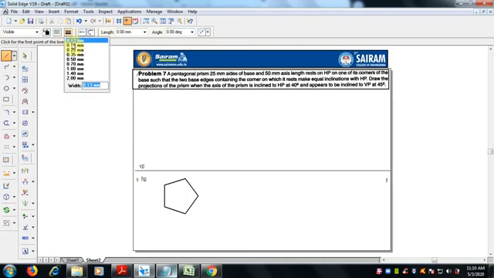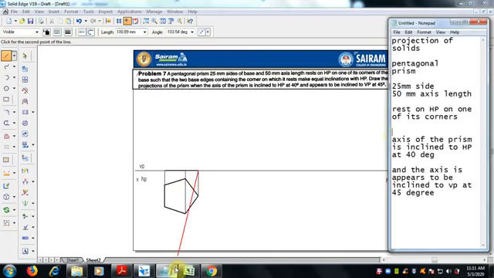Project. Next we have to draw the front view. So project this top view with the help of thin lines. I have selected the 0.13 mm line. Now select 0.5 mm. Join the front view individually, and now the height given in the problem is the 50 mm axis length.